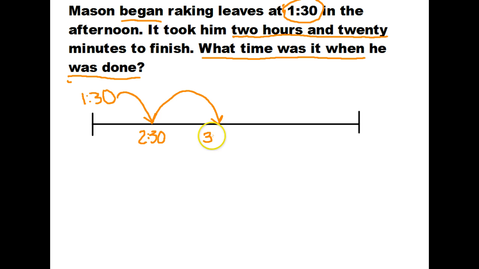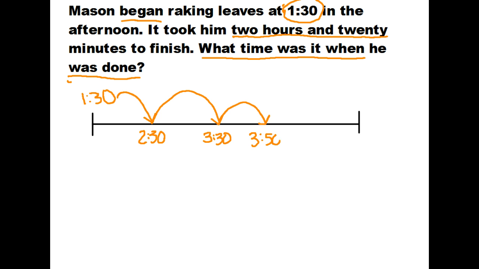Okay, and now it's 3:30. And so we're done with hours. And now we need 20 minutes. Well, that's a nice round number. So let's go with that for a smaller jump of 20 minutes. And 3:30 plus 20, that'll make it